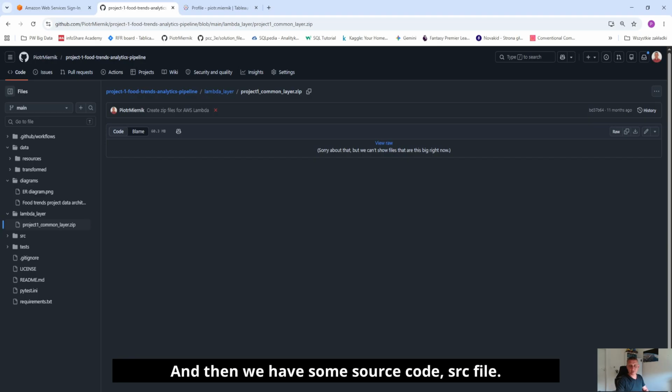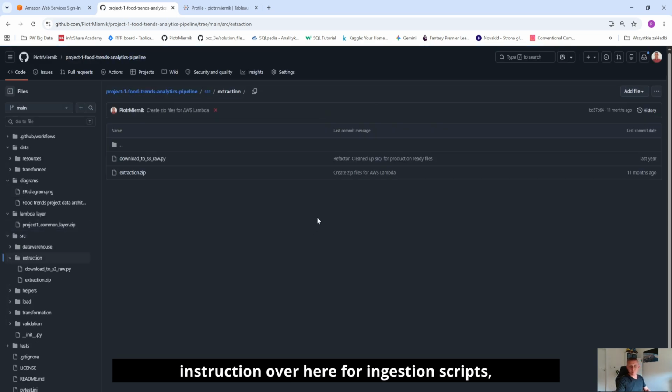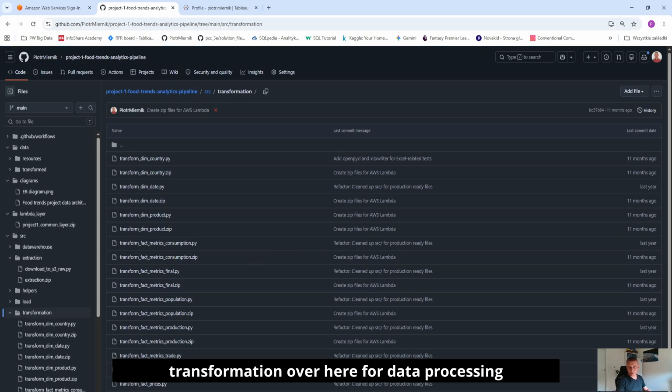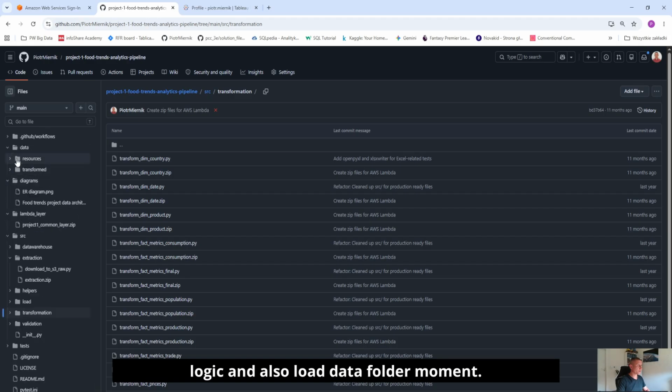And then we have the source code, so the src folder. This is where all the source code, Python code and SQL code, is located. This folder contains the core ETL pipeline logic and is divided into separate modules. Extraction over here for ingestion scripts, transformation over here for data processing logic, and also the load data folder